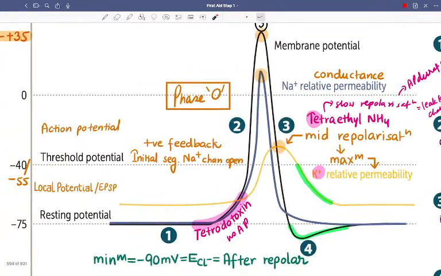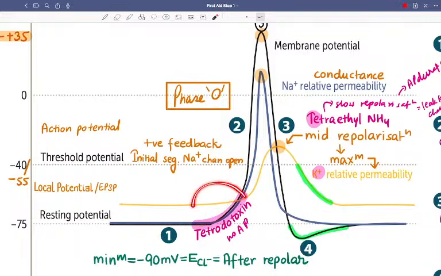So basically what happens is the peak upstroke of the sodium conductance coincides with the membrane potential upstroke. And when the membrane potential is coming down, it coincides with potassium permeability increasing. So that is important. Next, this downstroke will coincide with the potassium increasing. Next is another thing, see this upstroke, suppose if they ask, I think they've asked also somewhere